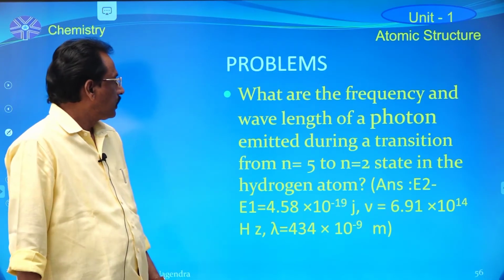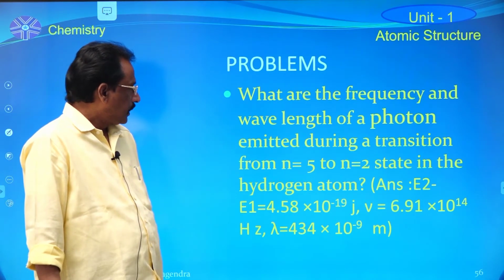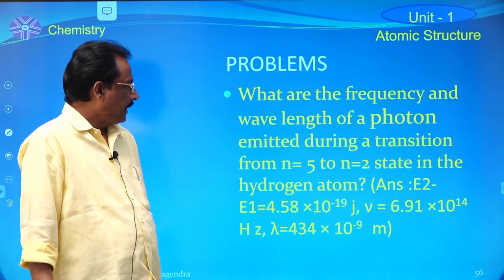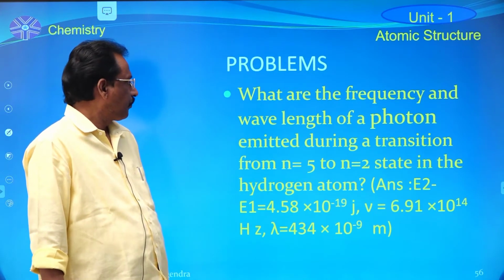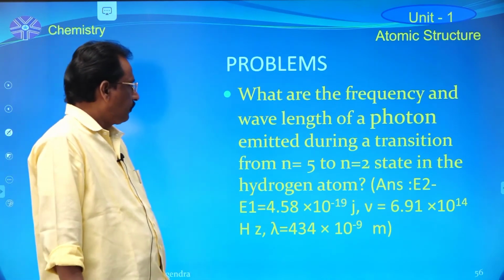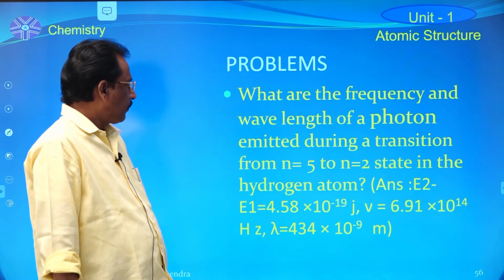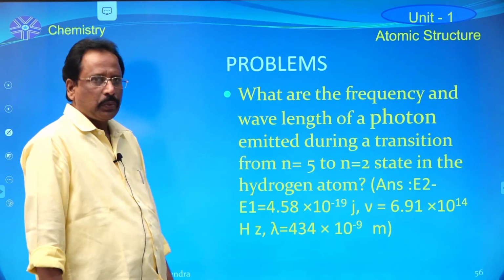Now, the problems based on Rydberg's equation, radius and energy of the orbit. In this problem, calculate the frequency and wavelength of a photon emitted when the electron jumps from the fifth energy level to